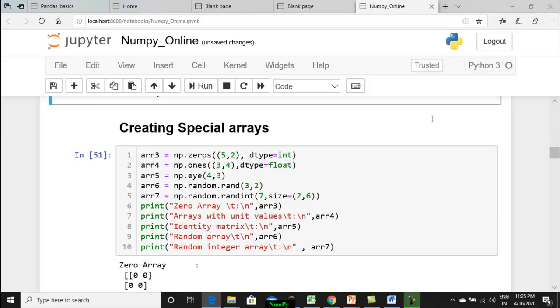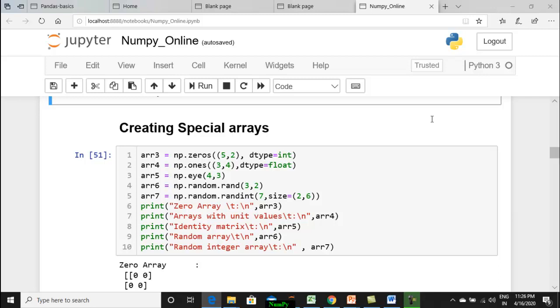Let us move on to see how to create some special arrays. By special arrays, I mean some predefined arrays initialized with special values. Most of the time we may want to create an array initialized with 0. So Python provides a special function called np.zeros. np is the object name, and zeros is the method name.